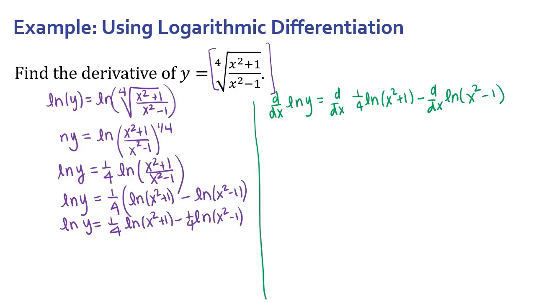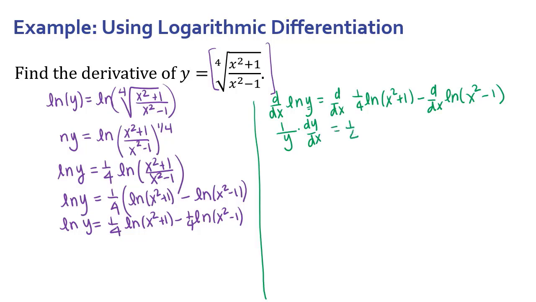Using implicit differentiation, we're going to have 1 over y, because I have to use the chain rule here since y is a function of x, times the derivative of y, which is dy dx,